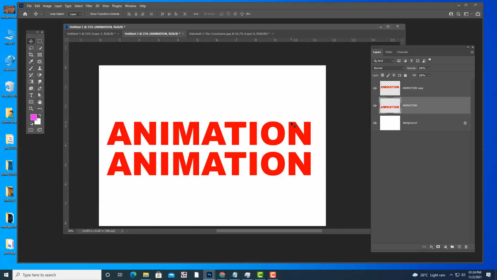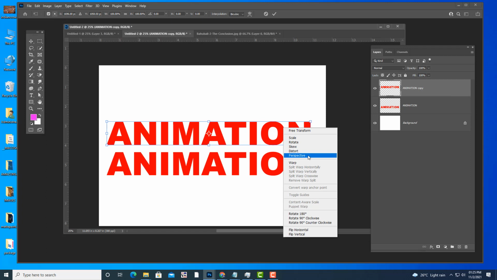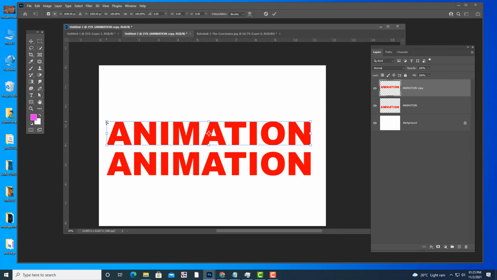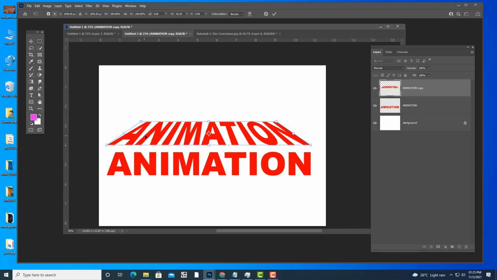See, what I will do is, this is a text. I have converted this text to an image. Now I will convert this image to a brush. Okay, so let's do something fancy here. This time I will use another option called perspective. Instead of distort, I will use perspective, and we'll make it something like this. See, perspective looks like this.